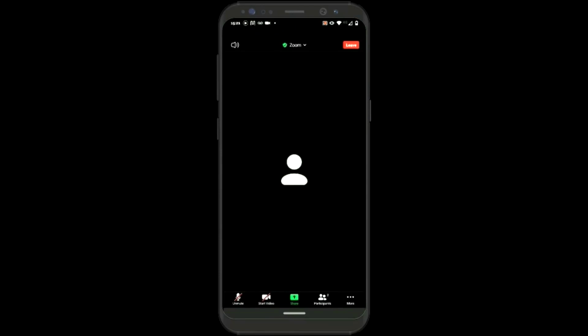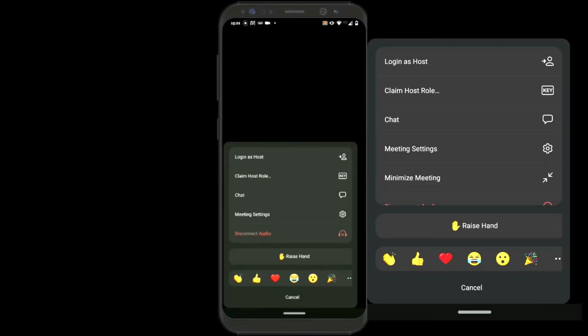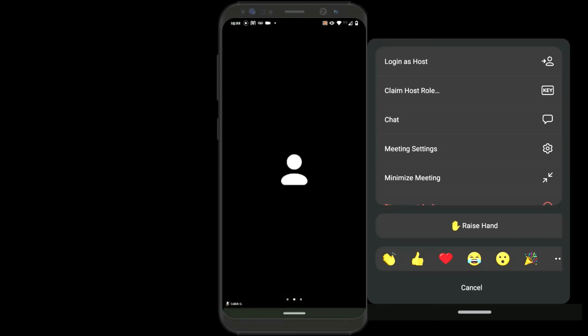Now there's other ways to get to that. You'll see if you tap on your screen, the more option will bring up more meeting, and there aren't as many. Here you can claim the host. You don't need to worry about that as an attendee, but there's the chat setting again. Also those reactions like raising your hand or clapping are also available on here. If you are done with this menu, you can hit cancel or just tap above the menu and it will